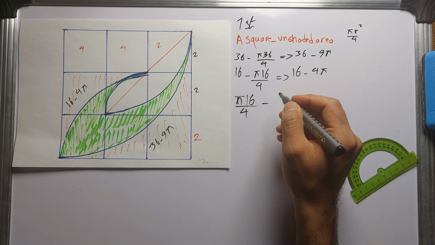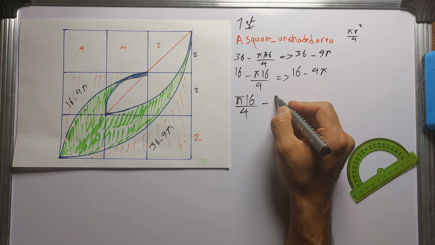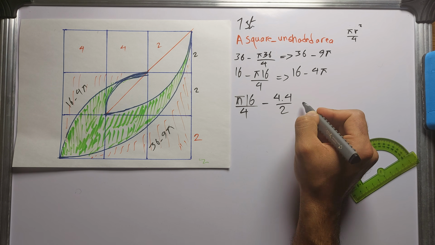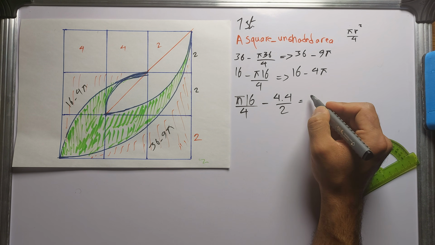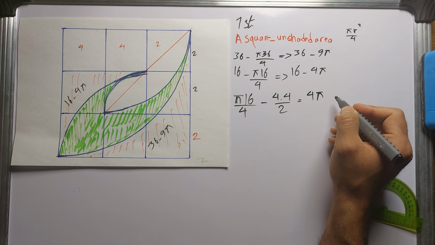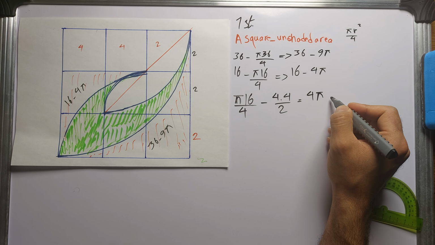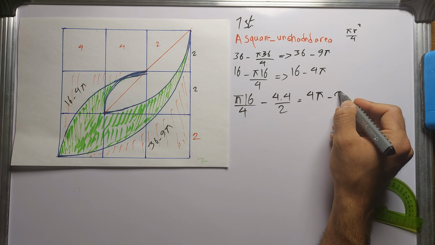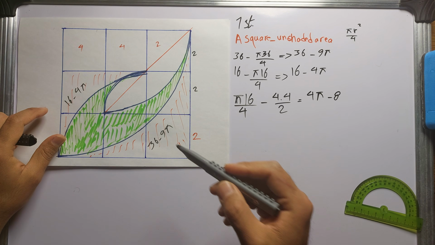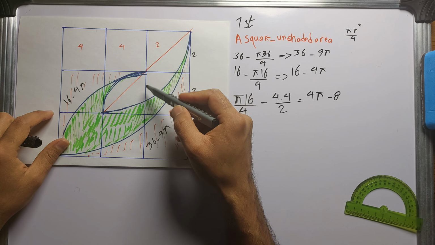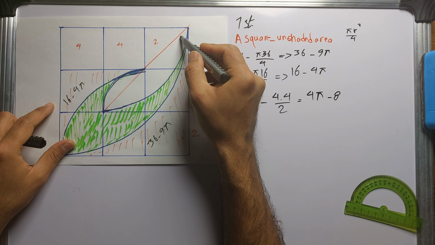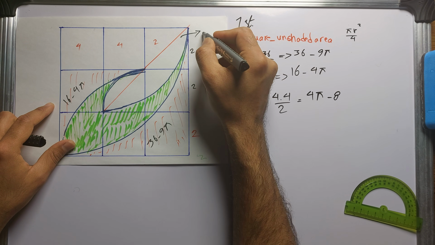So the sides are 4, so it is 4 times 4 over 2. So this is just 4 pi, and this thing here is 8. So this big area here is 4 pi minus 8. So let me maybe put it here, 4 pi